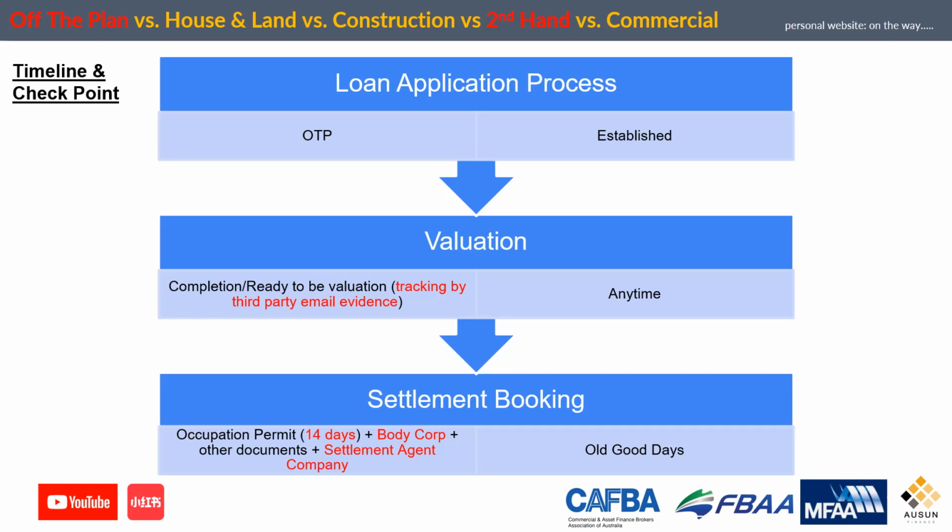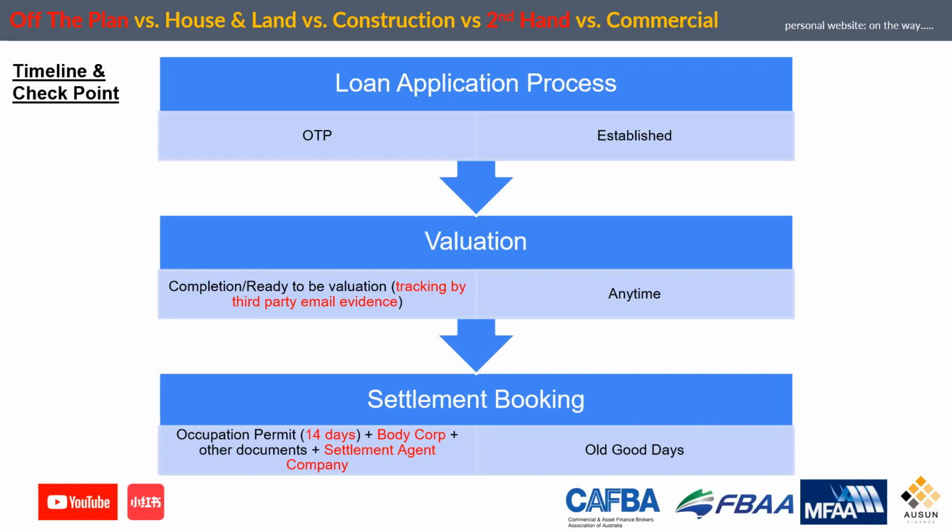All right, we have to track by third-party email evidence. What do I mean by that? Sometimes the agents, settlement agent, or even conveyancer are too busy, and they're probably telling you the house or the apartment is going to settle in maybe around 2 months. And after 2 weeks, they say, oh, sorry, we got an occupation permit, it's going to settle in 14 days. So don't just let them tell you over the phone or verbally, but get them to write an email to you, in writing, so that you can avoid the